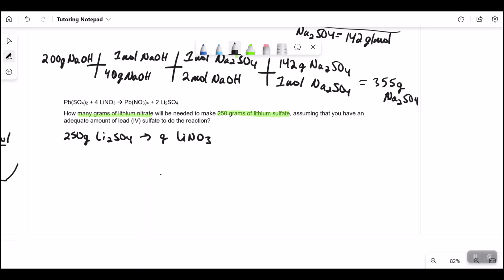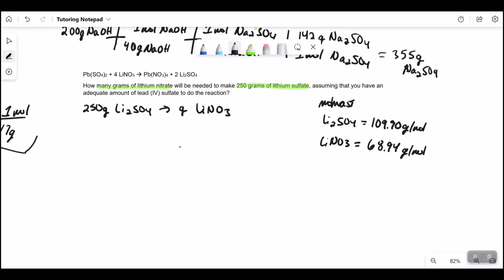So if we look at the molar masses for both of them, we know that for lithium sulfate, Li2SO4, we are going to have a mass of 109.90 grams per mole. And for lithium nitrate, we're going to have a mass of 68.94 grams per mole. If we look at the conversions for these, we're going to be starting with